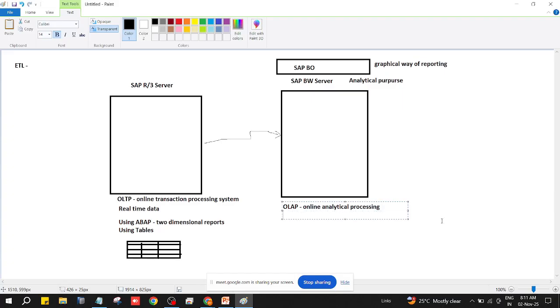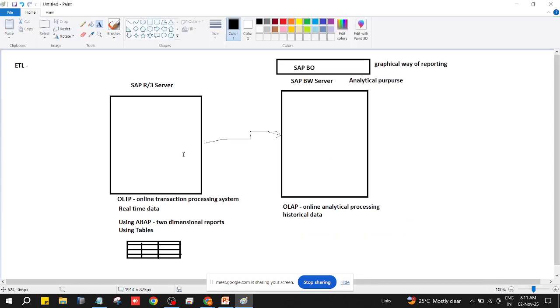Here it holds the historical data. Here we don't use ABAP. This is your BW or business intelligence, which is a kind of staging. Whatever data is there, you use it at the staging level. On top of that, you use this data and generate